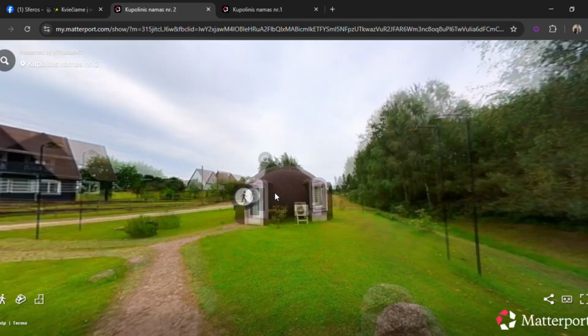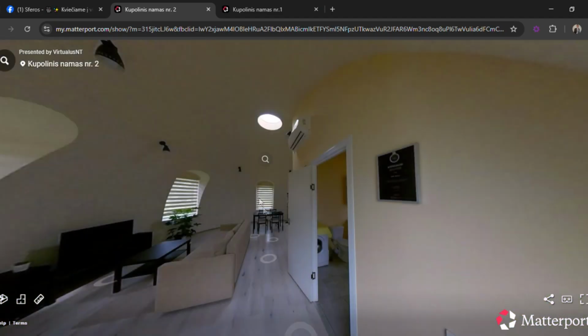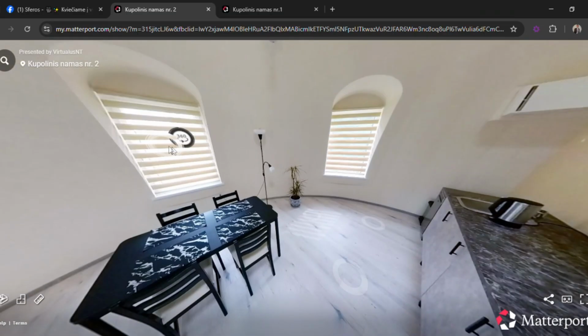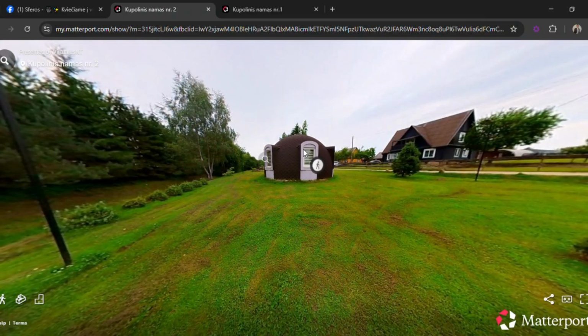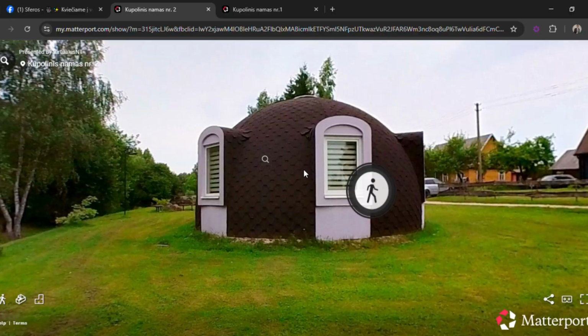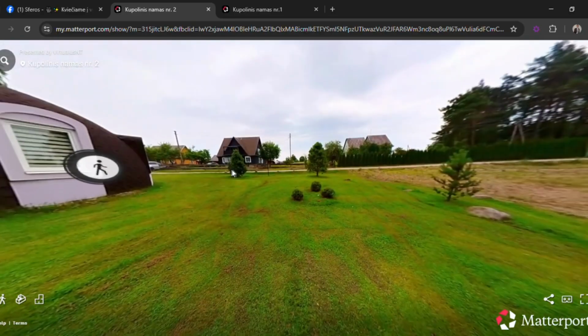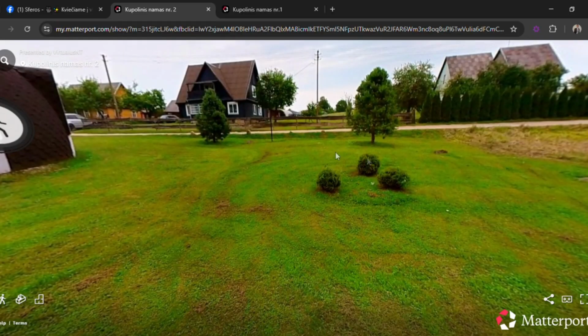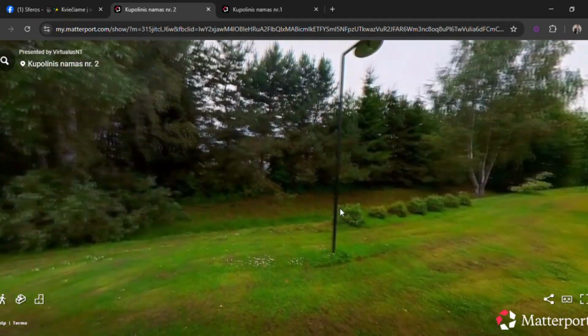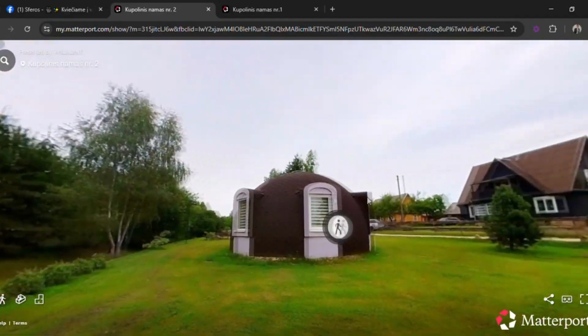We go back to the dome. We can also exit from the other side of the dome through the window. Let's see. We're now on the other side of the dome. We can zoom in, see the dome from the other side, how the whole location looks. Pine trees, stones, bushes, trees, but we're interested in the dome. So, this way, we can walk through 2 domes without leaving home.